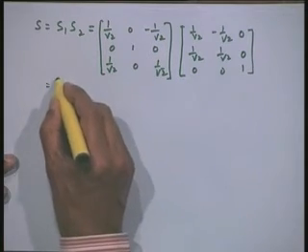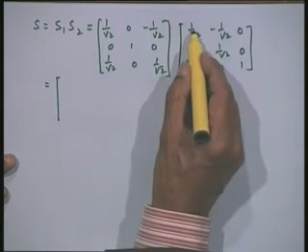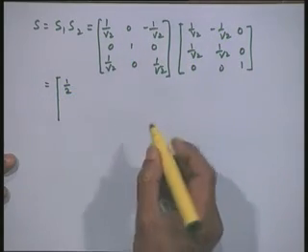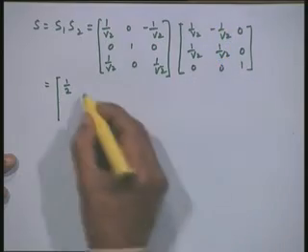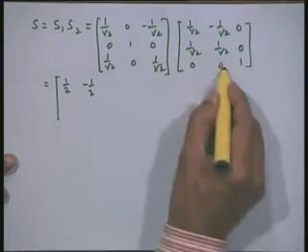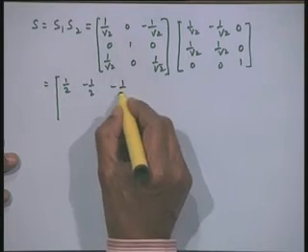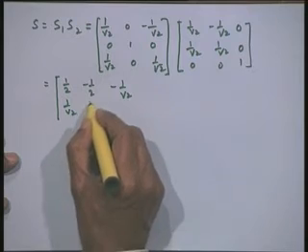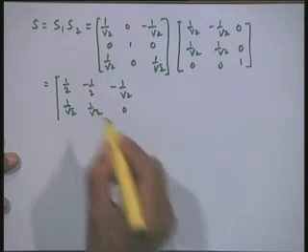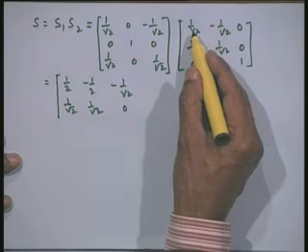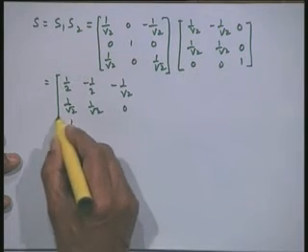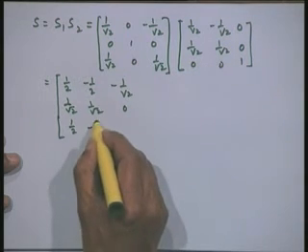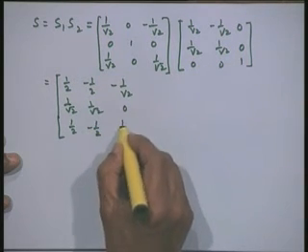Now multiply it out. I will have this as 1 by 2 and this is 0, this is 0. So, I will have here 1 by 2, this is minus 1 by 2, because this is 0 multiplied, this is also 0, and this is minus 1 upon root 2, this row and last column. So, the middle row will repeat again: 1 upon root 2, 1 upon root 2, 0. The last row gives us 1 upon 2, these are zeros. So, this is 1 upon 2, this is minus 1 upon 2, 0 0. So, minus 1 upon 2 and lastly 1 upon root 2.